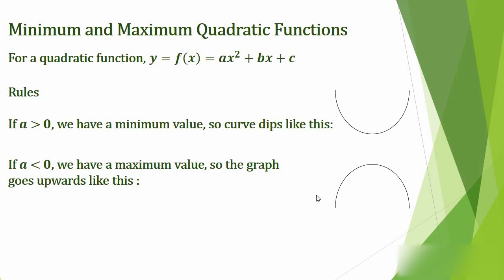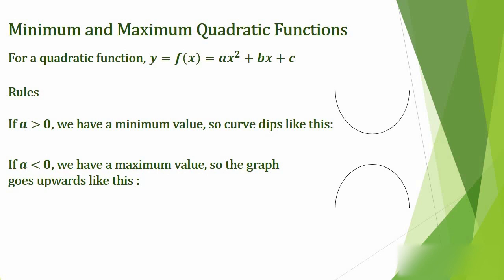So the graph will curve upwards like this. Okay, so if it's a minimum value where a is greater than 0, the curve dips downwards. If it's a maximum value where a is less than 0, the curve goes upwards. Okay, that's one rule. So now let's see other things that we need to learn with the graphical method for